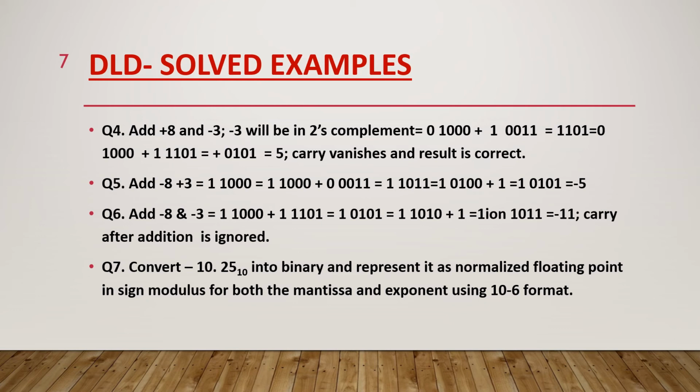Now we take the 2's complement, and the 1's complement of 1, 0, 1, 1 is 0, 1, 0, 0, and we add 1, and that is equal to, the extreme left one is the sign bit, and then it comes out to be 0, 1, 0, 1, which is equal to minus 5. So again the result is correct.